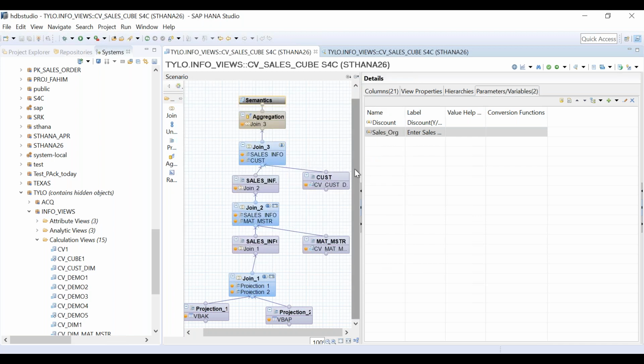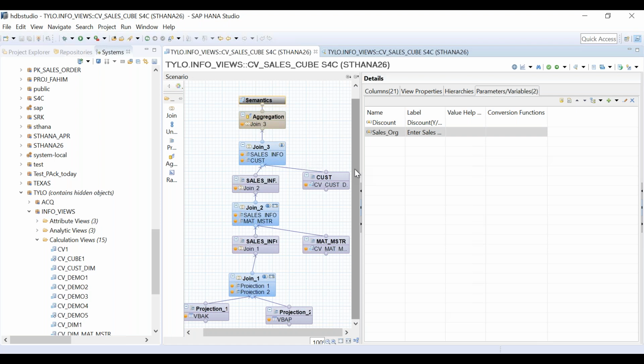So the next question to you is, are we here to filter the data, or are we going to use it as a placeholder? Are we going to use the sales org input parameter as a placeholder or as a filter?